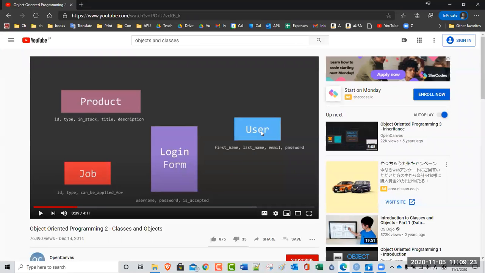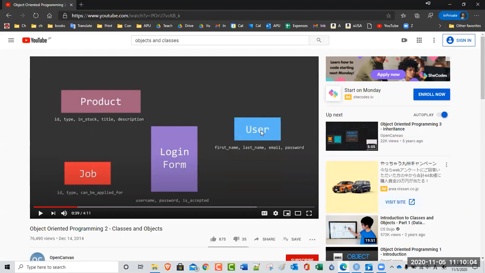So we can make user 1, user 2, user 3, user 4, user 100, user 100,000, and so on. So we can have lots of users. The specification is called the class. And when we actually make an example of it, like user 1, that user 1 is called an object from that class. User 2 would be an object from the user class. User 3 would be an object from the user class. So the class is just the specification or the blueprint, and then we can actually use them in